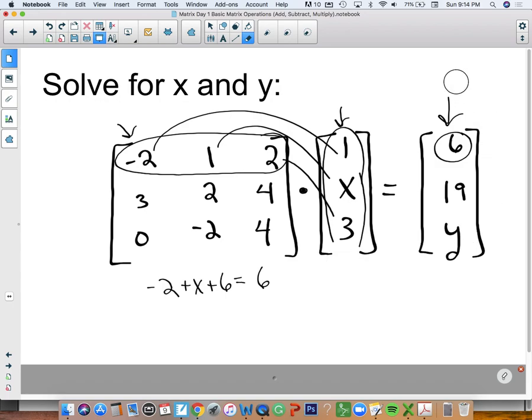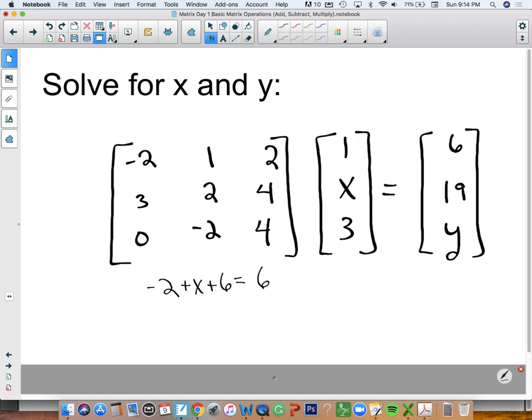Now you've got something that is simple enough to solve, and it's actually super easy, right? Combine like terms, you get x plus 4 equals 6. Move the 4 over, x equals 2. All right. Now, can I use that again? If I did the first row and first column to get that 6 up here,